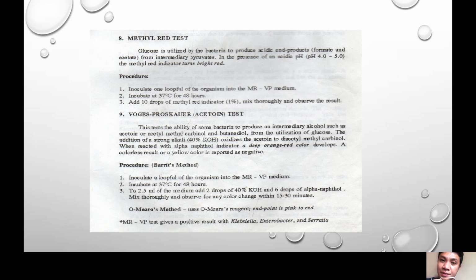Again, the principle here is, if your bacteria is positive for the methyl red, it will be negative already in your Voges-Proskauer. Because either way, you try to convert the pyruvic acid. If the bacteria convert that one to your mixed acid, it will give a positive result to your methyl red. Therefore, it will not be converting that one to your acetoin or alcohol. So it will give already a negative result with your Voges-Proskauer.